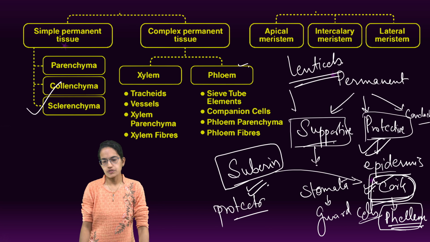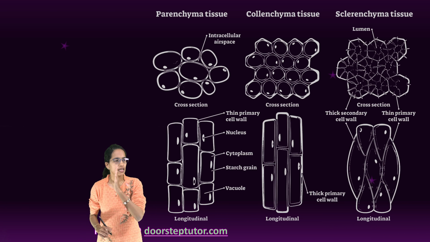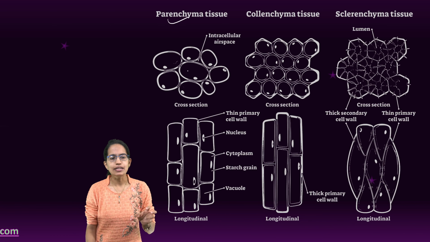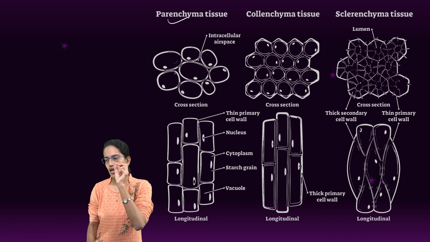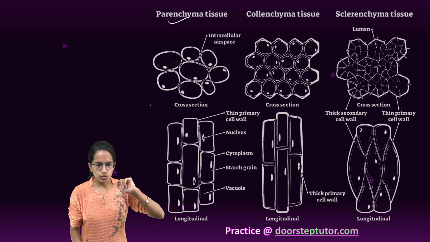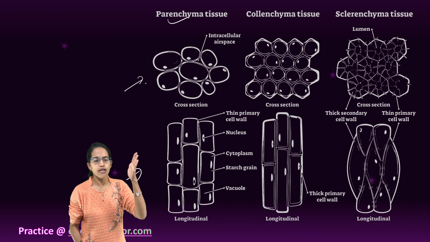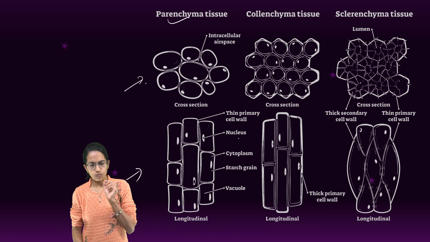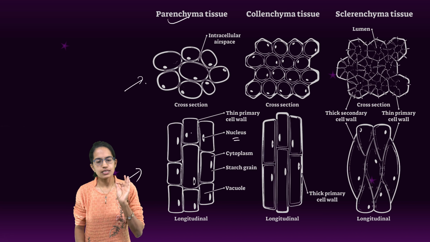Coming on to the next, which is supportive tissues. Supportive tissues are classified as parenchyma, collenchyma, sclerenchyma. Parenchyma, as you can see in the diagram, are loosely packed. They do have ample intercellular spaces, usually a single large vacuole, and a bulk part of it is present. The above section is the cross section for parenchymatous cells, and the lower one is the longitudinal section. Under the longitudinal section, we can see a small nucleus present within a large cytoplasm, and this has a very thin cell wall.